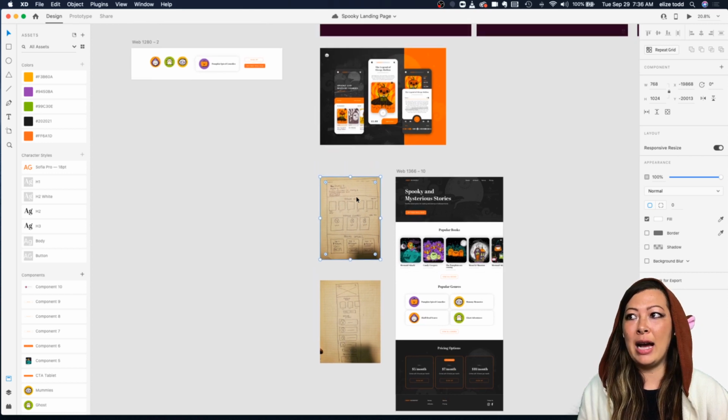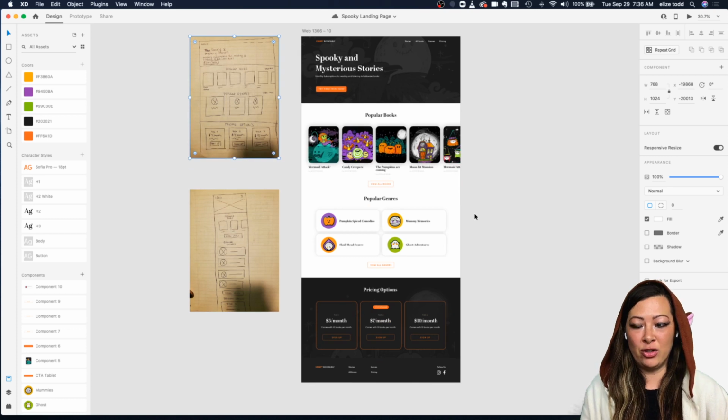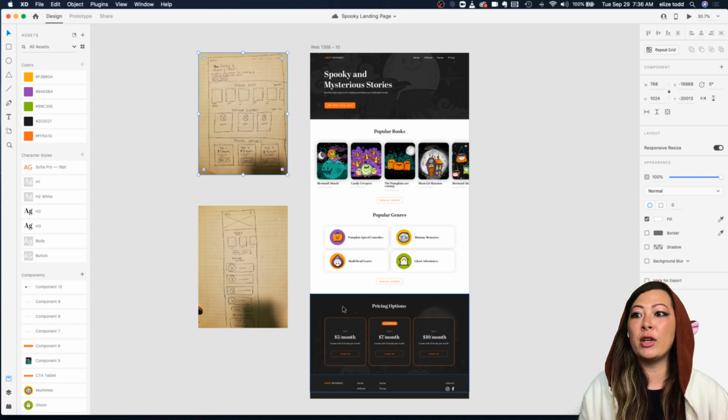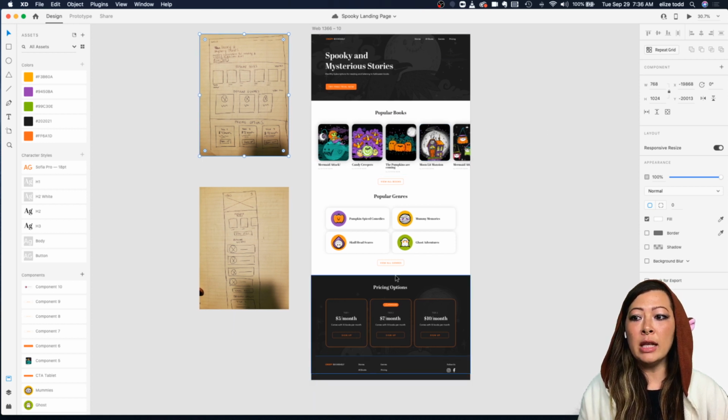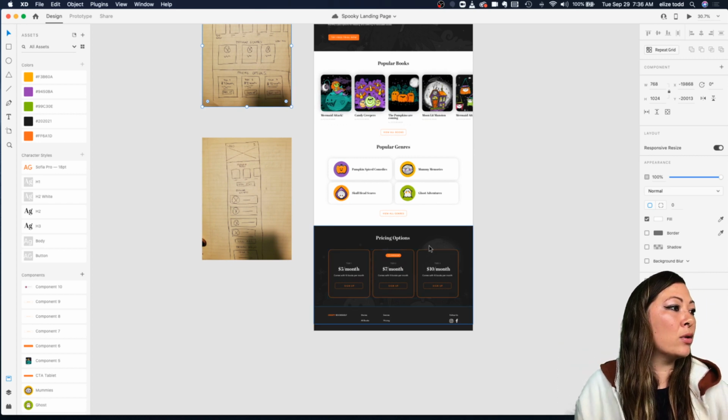And then after that, I did the desktop design with you guys yesterday. And I did make a few other changes to the design since yesterday. And one of those things is